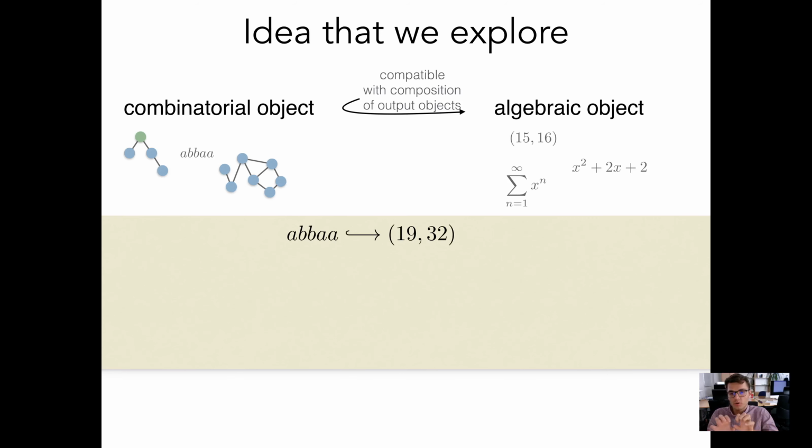Strings, which are composed by the concatenation operation, can be mapped to the following pair of numbers. 19 here stands for the number which is represented by ABBA when A stands for 1 and B stands for 0. So as a binary number, this is 19, and 2 to the power of 5, where 5 is the length of this word, is 32. So each string can be mapped to such a pair of numbers, and this is an injective encoding. It is compatible with concatenation,